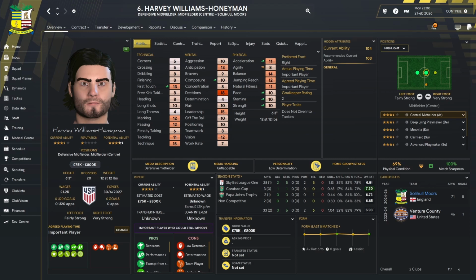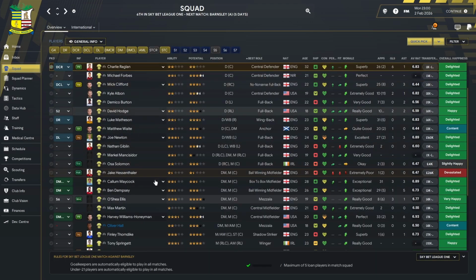20 years old now. He's developed in terms of being a central midfielder, can play as a deep line playmaker, Mazzala, Carrilero, advanced playmaker. This season, 28 games in League One, 2 goals, 5 assists, 6.91 average rating. Played really well in the Carabao Cup as well. I think he's definitely one for the future and will continue to drive the club forwards. Looking further up the list,